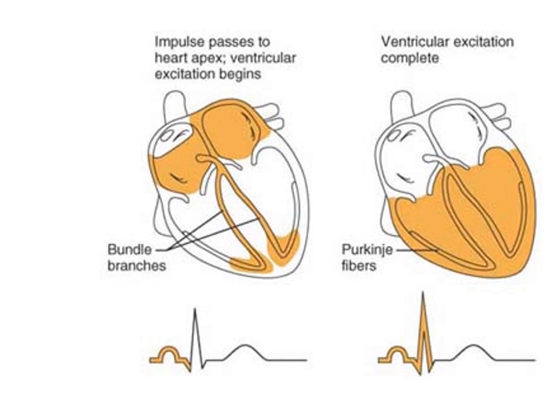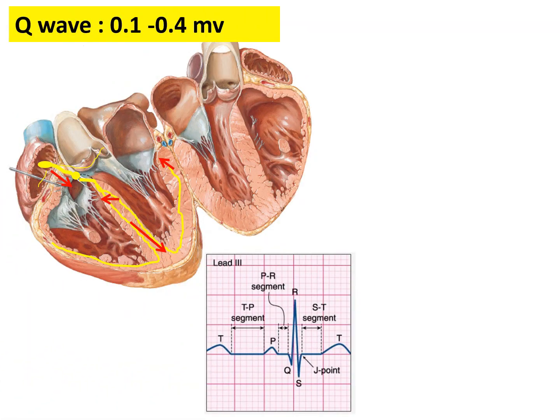Next step is to check the Q wave. What is happening at the formation of Q wave? So the Q wave is a negative wave, that is telling you the initial depolarization of the ventricles. And the normal amplitude of the Q wave can be 0.1 to 0.4 millivolt. Remember, that is negative, downwards. And this is a negative wave.